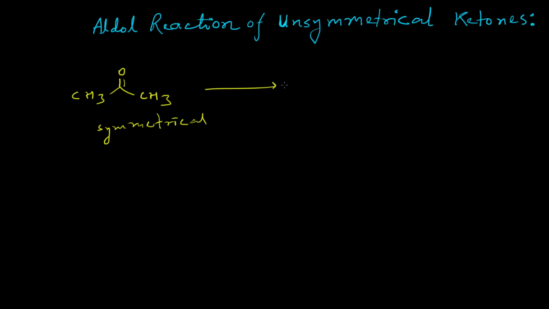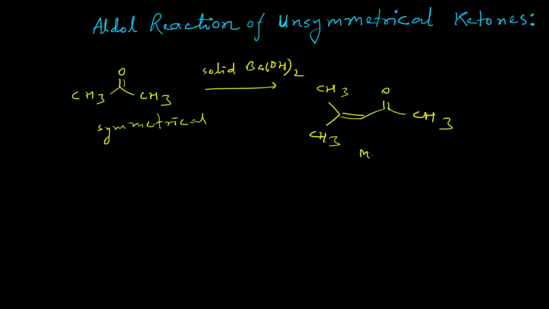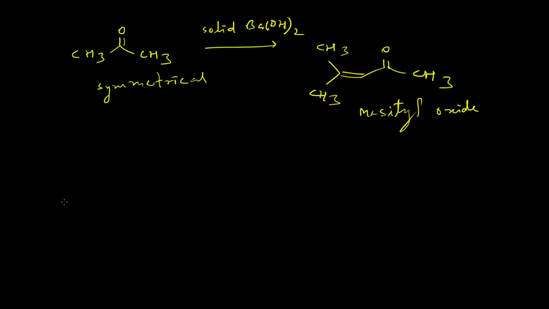When it is subjected to aldol reaction by treatment with solid barium hydroxide, it provides the corresponding alpha beta unsaturated ketone, which is also known as mesityl oxide. Right? So this is known as mesityl oxide. Now if we consider an unsymmetrical ketone, for example 2-butanone, you can see 2-butanone is an unsymmetrical ketone